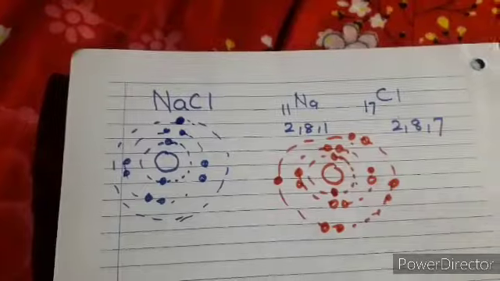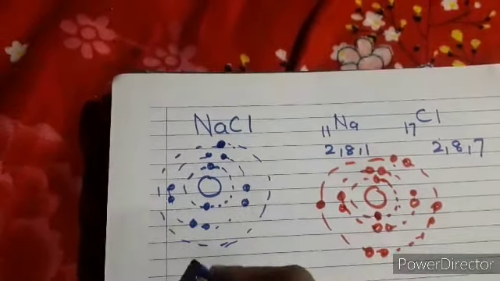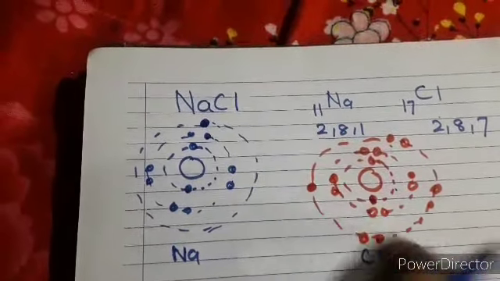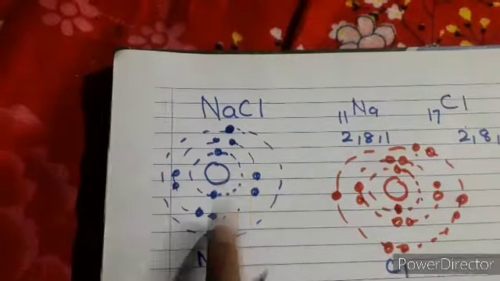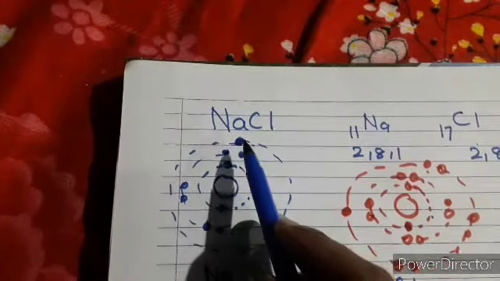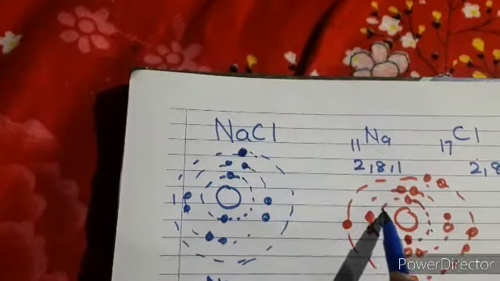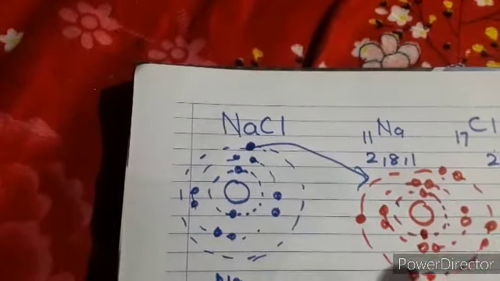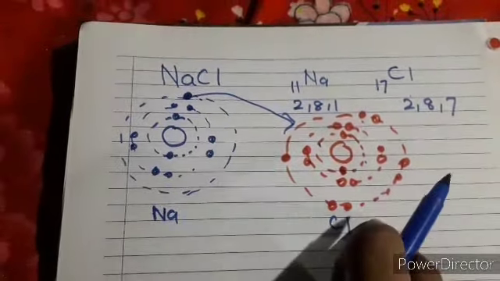Now you know these two particular atoms, this is Na, and this is Cl atom. Now Cl requires one electron to complete this orbit, but this particular atom sodium has one electron in its outermost orbit. So this electron will be transferred from sodium to Cl, right? It will be transferred from here to here, and Cl will acquire 8 electrons. It means this particular atom of Cl is attracting the electron, that's why it is moving.